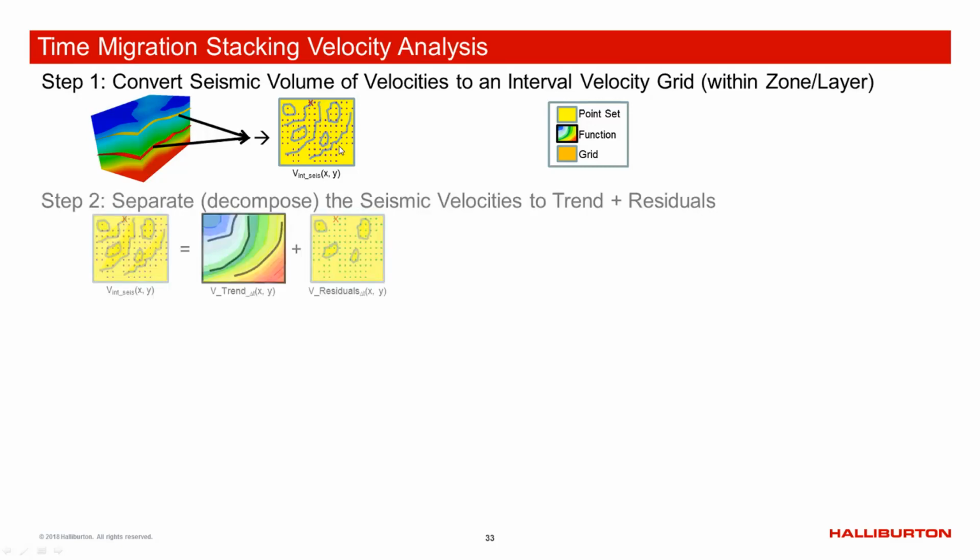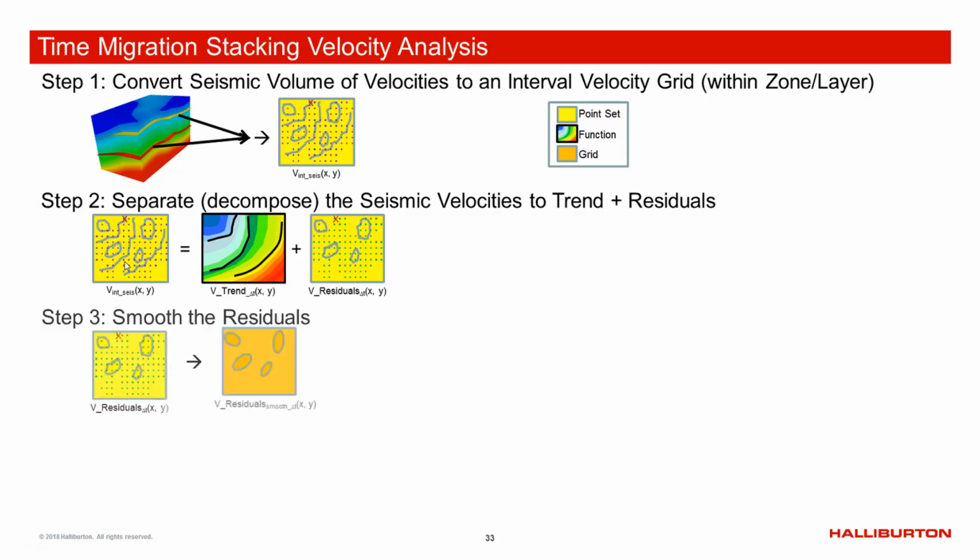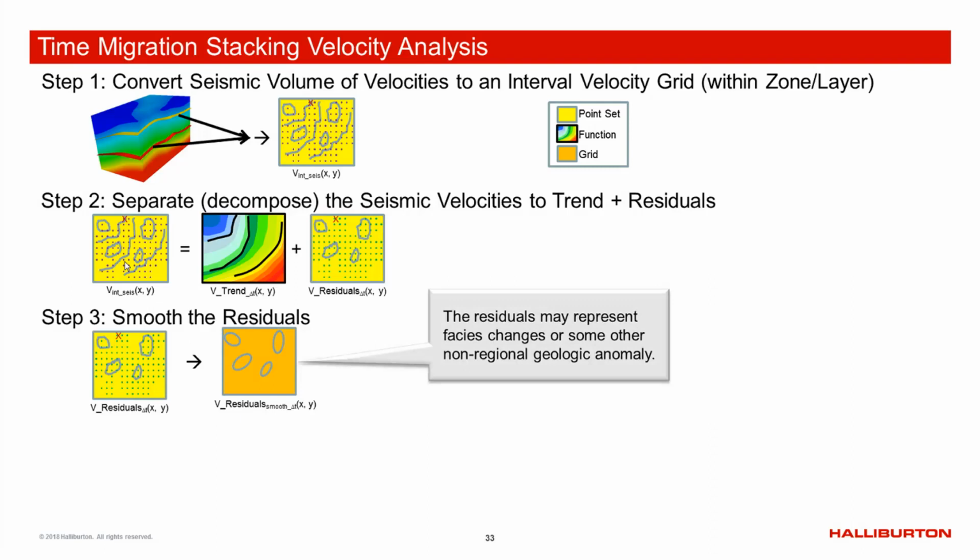Okay, point set showing up in yellow here. Then we'll take that point set of seismic velocities, decompose it, separate it out, and break it up into a velocity trend, a function, plus the residuals. So I could take my residuals plus the trend, and I'll get back to my original seismic velocities from the processing shop. But then what I'm going to do is take my residuals and smooth them. I'm going to get rid of all this chatter from the seismic noise,